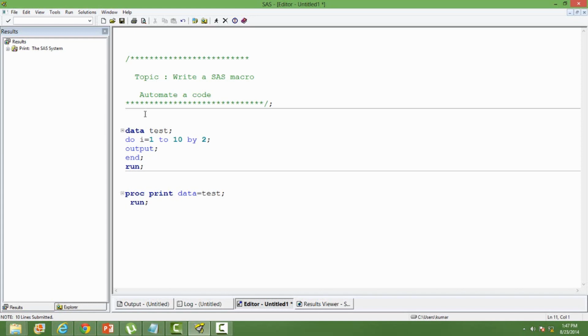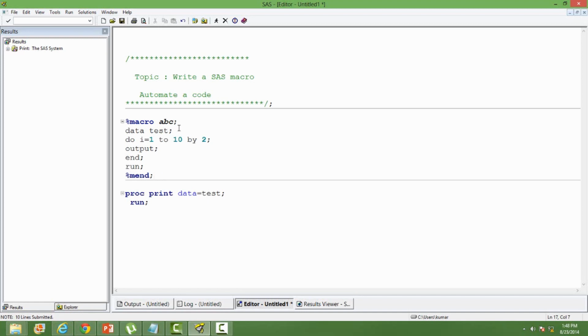How do we write it? Percentage macro, and then you have to give a name. I'll give ABC. You can give any name, and then you end a macro, which again is percentage mend. So that's how we define a code inside a macro.